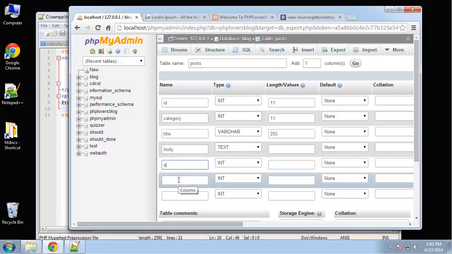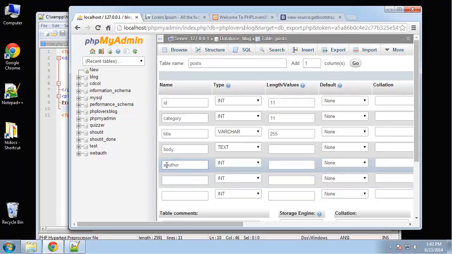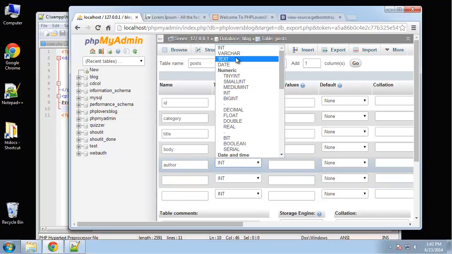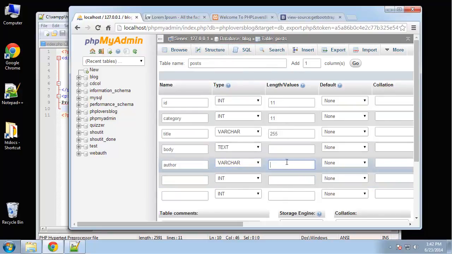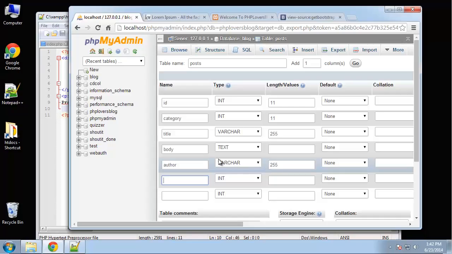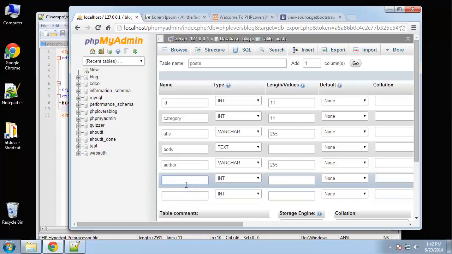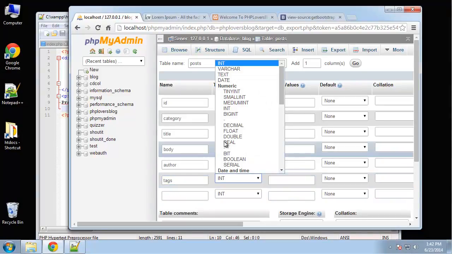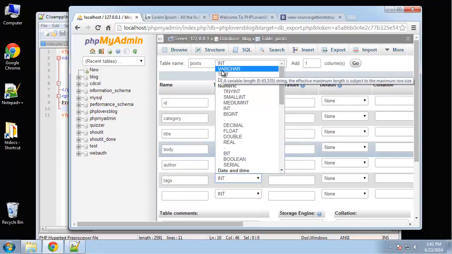Next we'll have the author. Now, if this was a big production app, chances are you would have an authors or users table that you would link this to. But in this case, it's just going to be text. It's going to be the author's name. It's not going to be a foreign key ID or anything like that. All right. Next is tags, which will just be a string, comma separated values. That can be a varchar